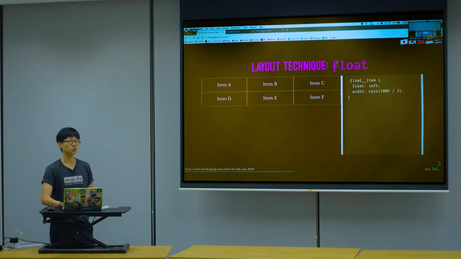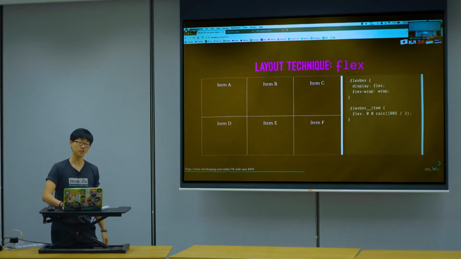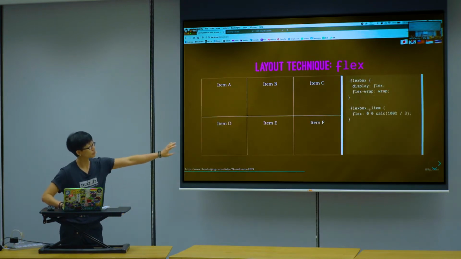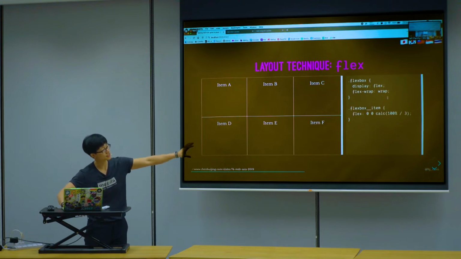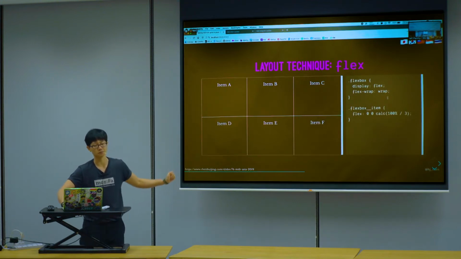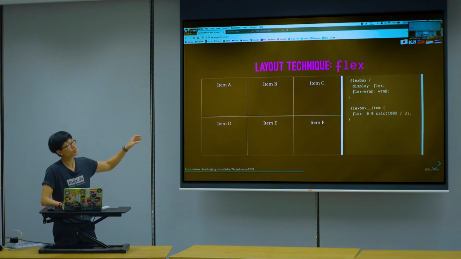Then maybe you're very modern, or must embrace new technology. Can use Flexbox. Flexbox also can. You just make the item not flexible, then you set the flex-basis to 1/3. But you see, you are also setting properties on the item. So for all the 3 techniques I just described, don't have grid. It's fake. It just looks that way because you force all your items to align with each other.